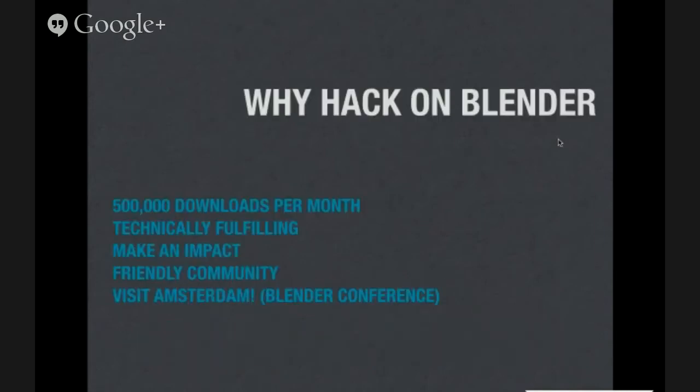So why should you hack on Blender? Blender is a pretty high-profile project. Not all of them are. Every month, about 500,000 people download Blender, so it's pretty big. There are not many packages that are quite so popular. Personally, I think hacking on Blender is really technically fulfilling. The challenges are pretty deep. There are a lot of sophisticated algorithms that go on in there, spanning from constructive geometry through advanced data structures for managing spaces. There are mesh algorithms, graph stuff, high performance computing, GPU, all that kind of stuff that you might want to work on is all there.